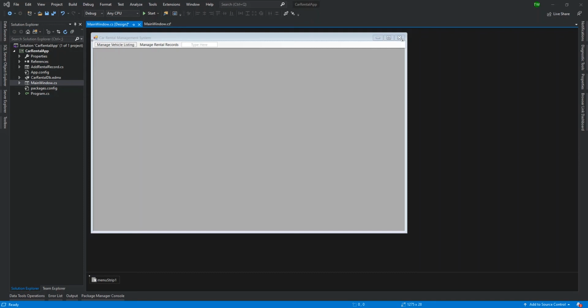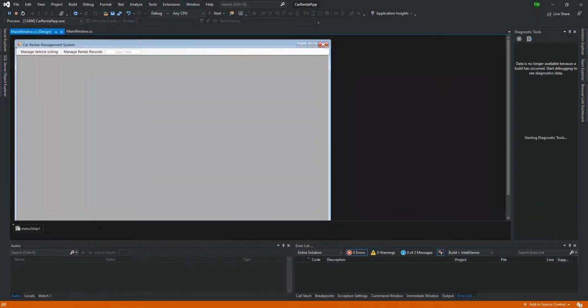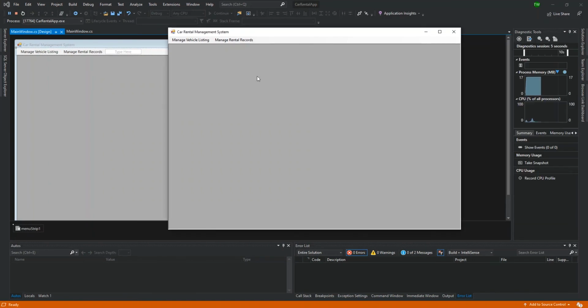In this video, we're going to start designing a screen to help us manage our vehicle listing. So let us just start our application and refresh ourselves with what we've done so far. And we have a menu listing here that allows us to add, remove, edit, and view listings. So I'm actually just going to do all of that from one window, and case by case, we'll probably design something else. So I'm going to modify this entire menu strip and just have manage